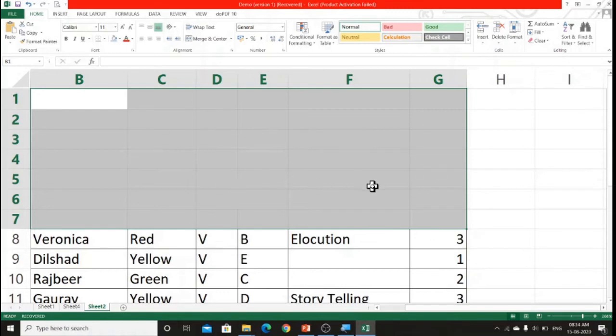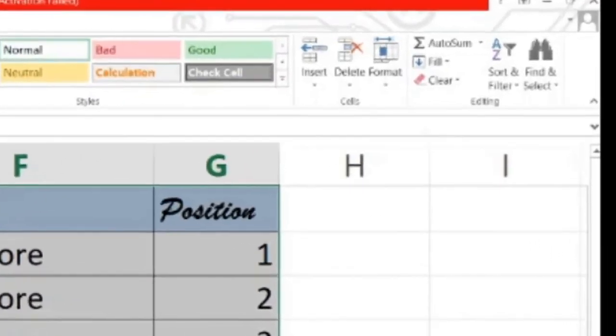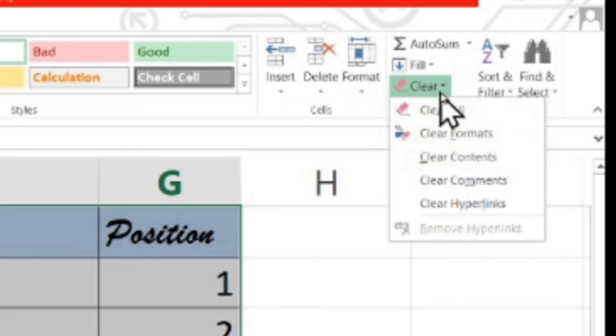Of course, if I've removed it by mistake, I can press Ctrl Z or I can click on this to undo it. Okay, so by mistake, if you have done something wrong, immediately you can click on undo button over there to bring your data back. Okay, children, understood? So the 4 options of clear from editing section you are supposed to learn, that is clear all, clear formats, clear contents and clear comments.